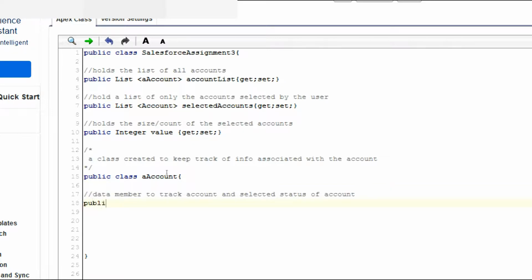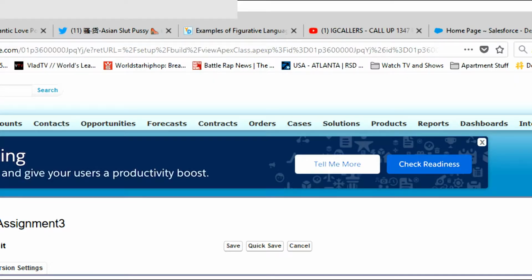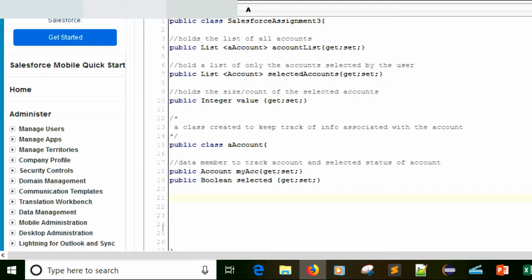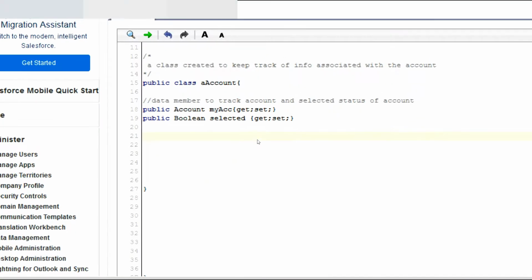So we just want to go public Account myAcc, get set. And then we want to create ourselves another data member, public Boolean selected, get set. All right, so basically, sorry about that, but basically what's going on here is